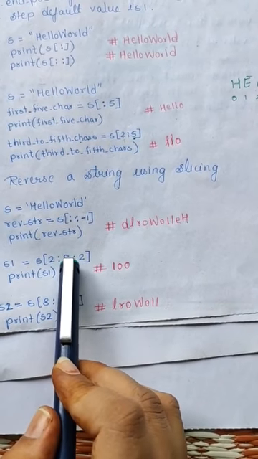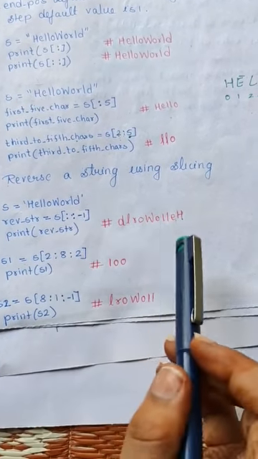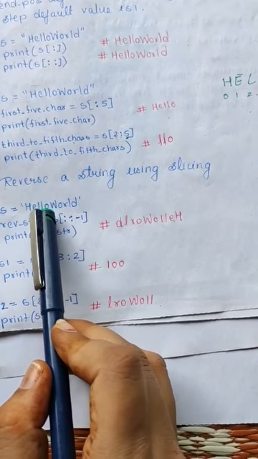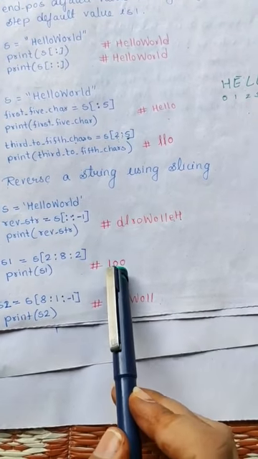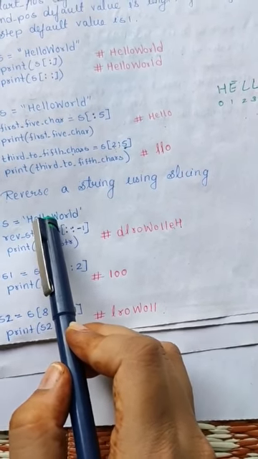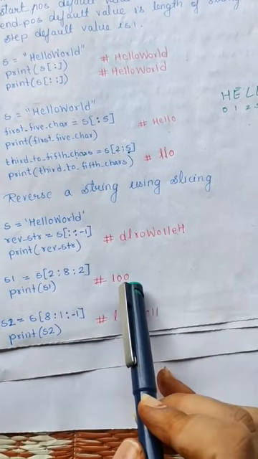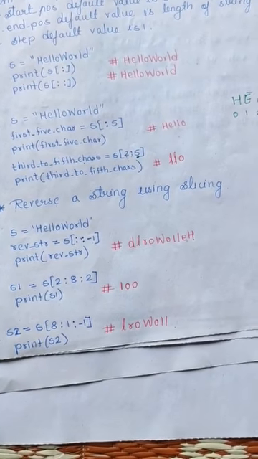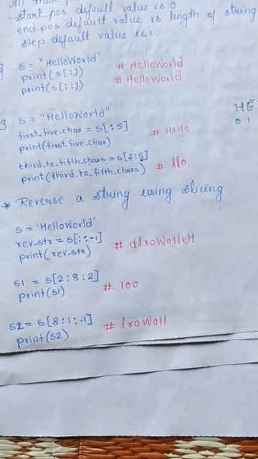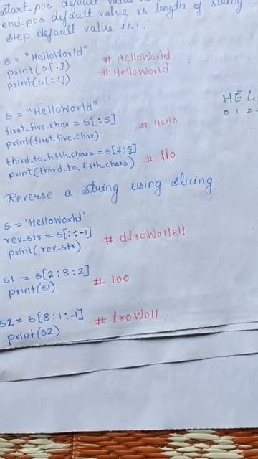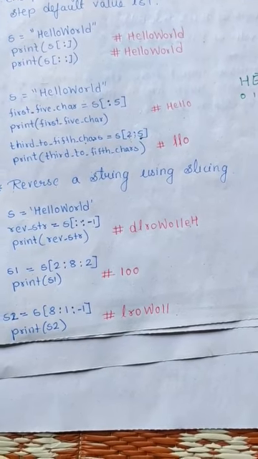Then it will go up to 8, but it is going to jump by skipping the middle character. So after L I am having L, right? But it is not going to give me L, it will jump to the second character, that is O. So O will be printed. Then after O, here I am having W, but it is again going to skip the W and print another O. So with the gap of 2, it is going to jump to the second character. That means 2 steps ahead, at the current position, then first and then second. On the second character it is going to jump and print likewise.